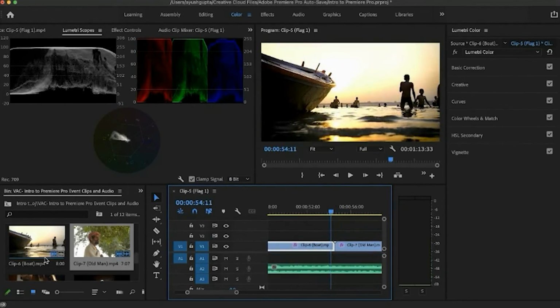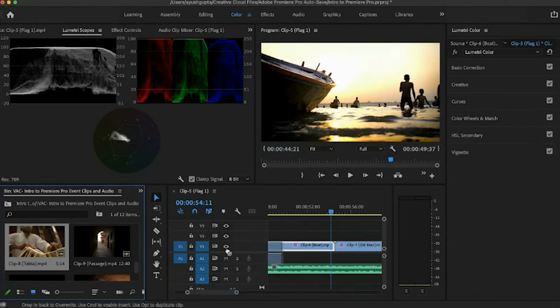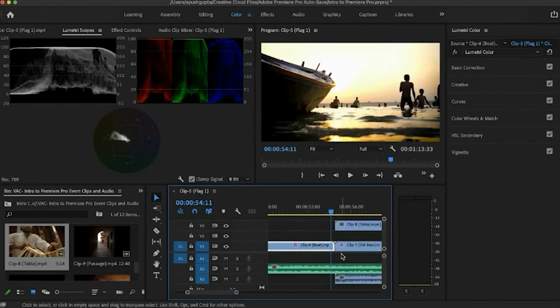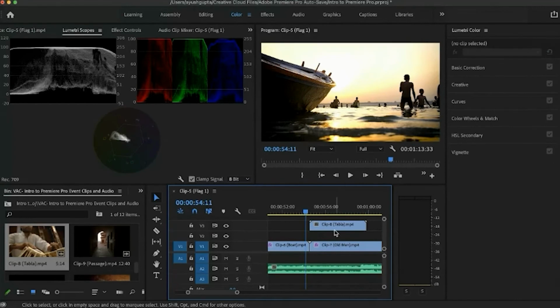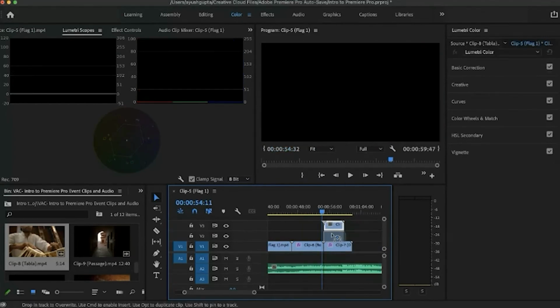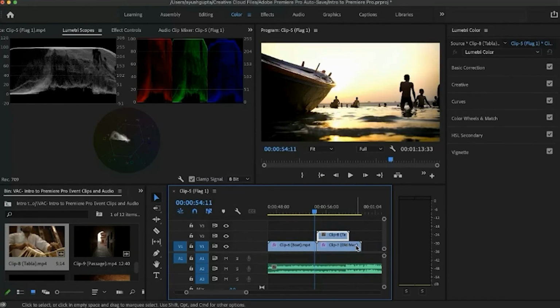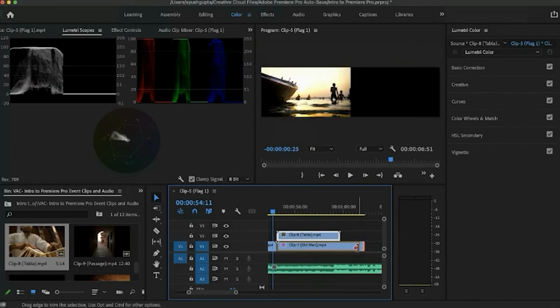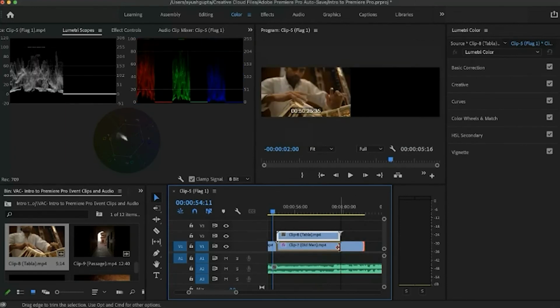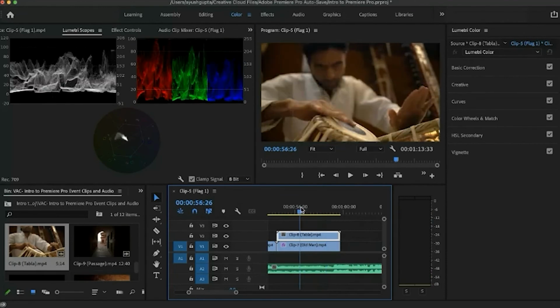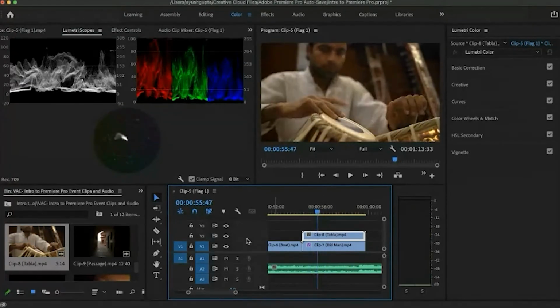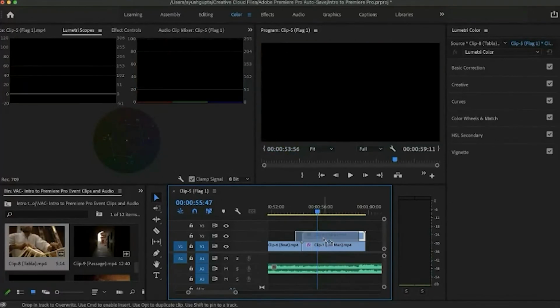But now here would be a tabla clip. We don't want the audio. We unlink, we delete the audio, and then we'll put the old man clip above it. We'll drag the old man clip so as to match with the tabla clip's time frame, but we want it to be above this clip, like in the overlay option I showed you earlier.